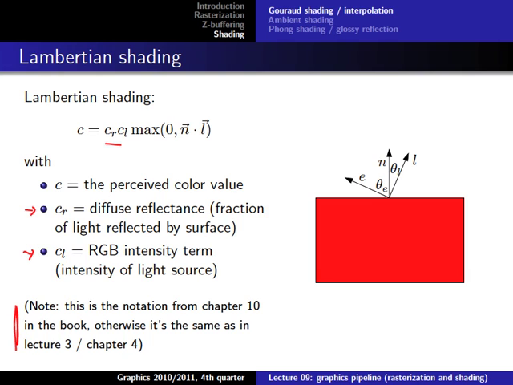And also we already had this max 0 and the dot product here, where we take the maximum of 0 or the dot product. The reason for this is, of course, that the dot product can become negative, and of course we don't have a negative color. We always want to have positive colors, and we use this basically as a trick to make the values positive, because if they're negative, then the value becomes 0,